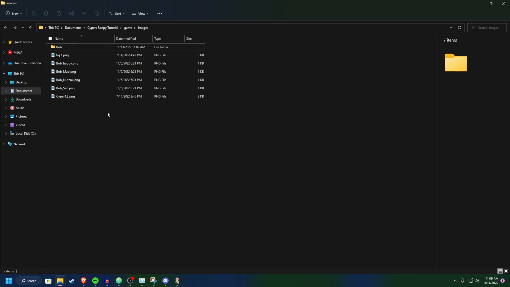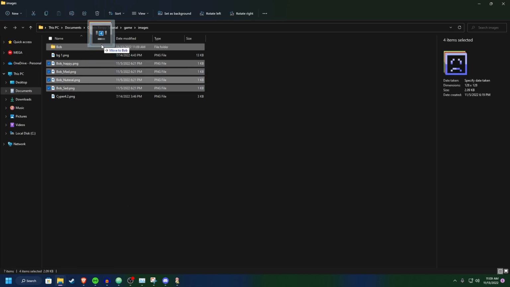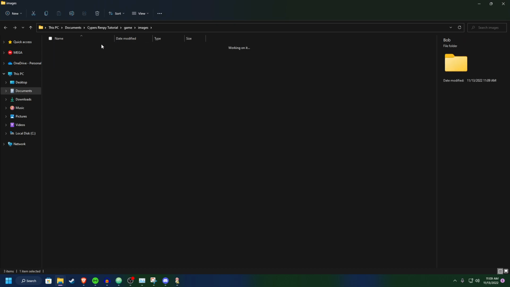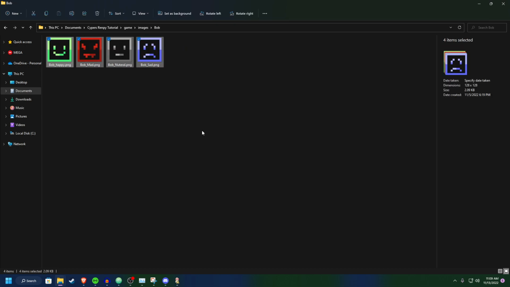You can also clean up your images by putting them into folders, and it will still function the same way. Make this work,